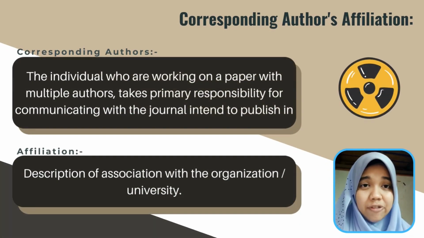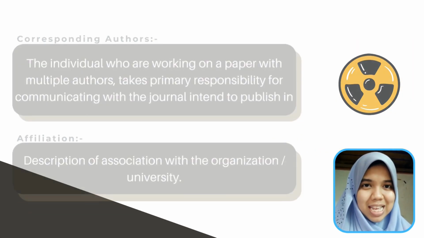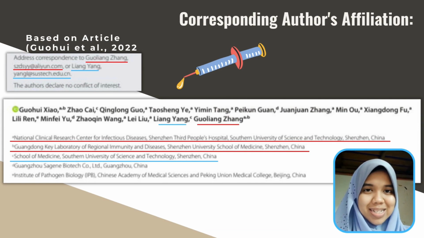A corresponding author is an individual who is working on a paper with multiple authors and takes responsibility for communicating with the journal that they intend to publish in. Affiliation is a description of association with an organization or university. For corresponding authors, affiliation can be detected from the article because it already states that Guoliang Zhang, who was doing research